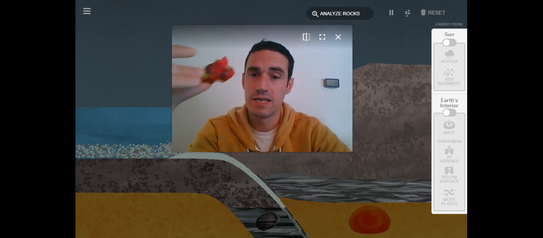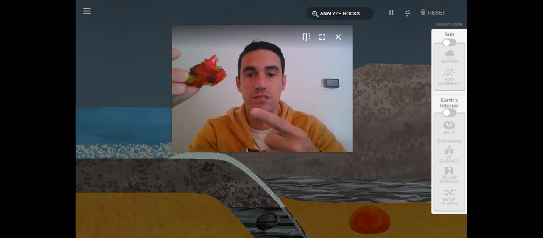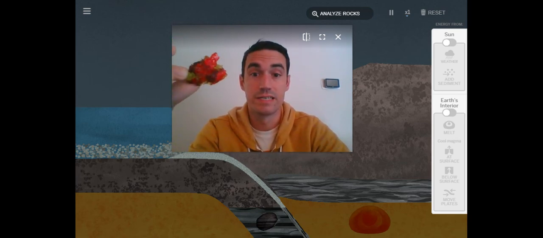We're also going to see if we can make igneous rock or magma out of both of these types of rock, the sedimentary rock and the already igneous rock. Can we